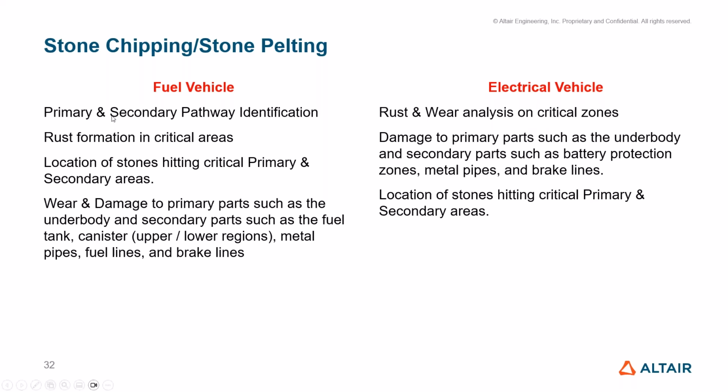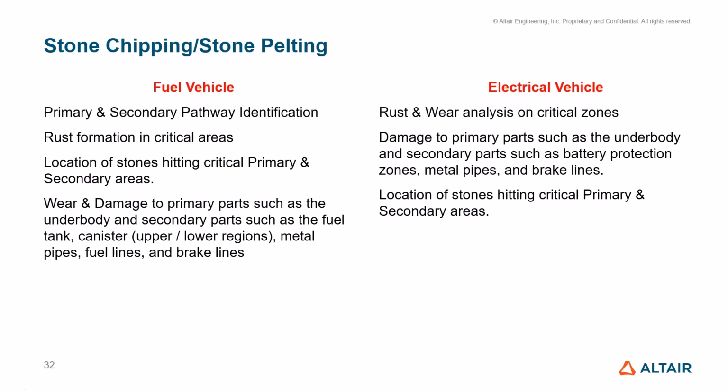So you can see some of the stone chipping, primary and secondary path identification. So some of the rust formation in critical areas. So location of stones hitting in the critical primary and secondary areas. The wear and damage of primary and secondary parts. The primary parts such as underbody, and the secondary parts such as the fuel tank, canister, metal pipes, fuel lines,